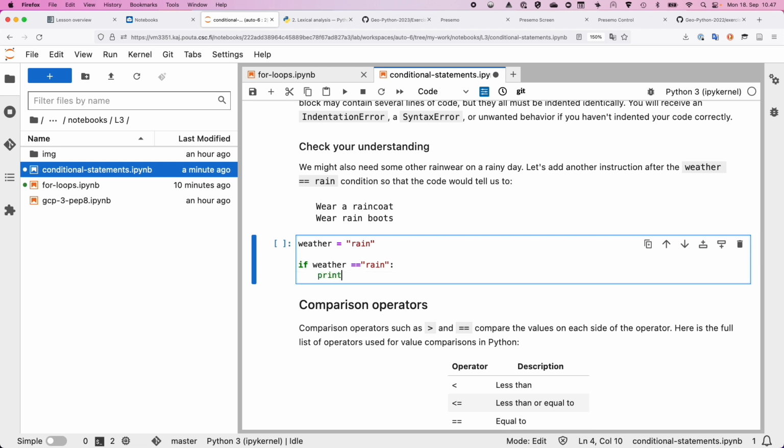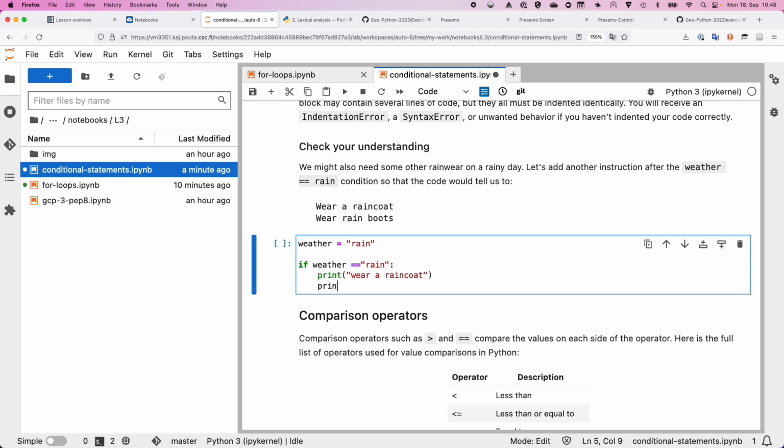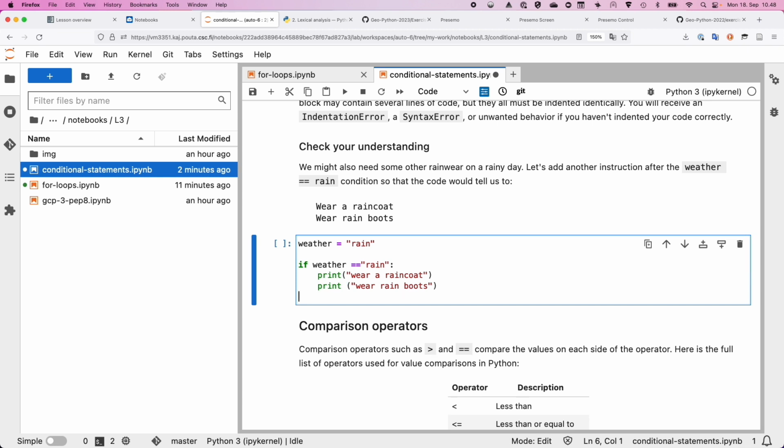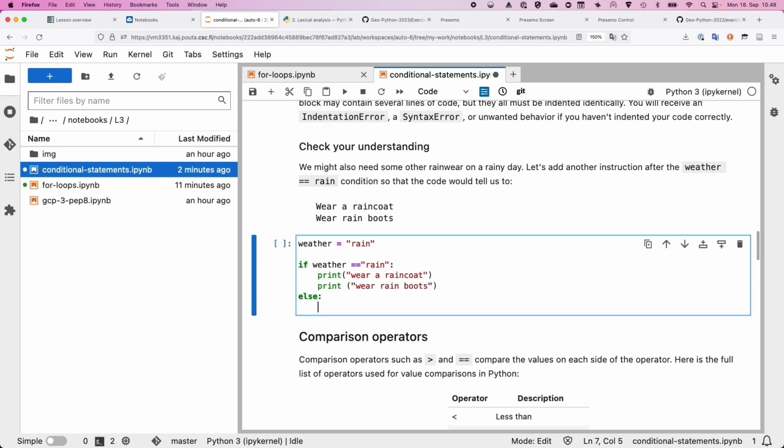here we do two things instead of one. First we want to print wear a raincoat. Next we want to print another thing. This can be basically any function or any other kind of calculation that you want to do. The point here is that you can do more than one thing once you start your if statement. So you can also instruct the user to wear rain boots. And then we have our else statement, print